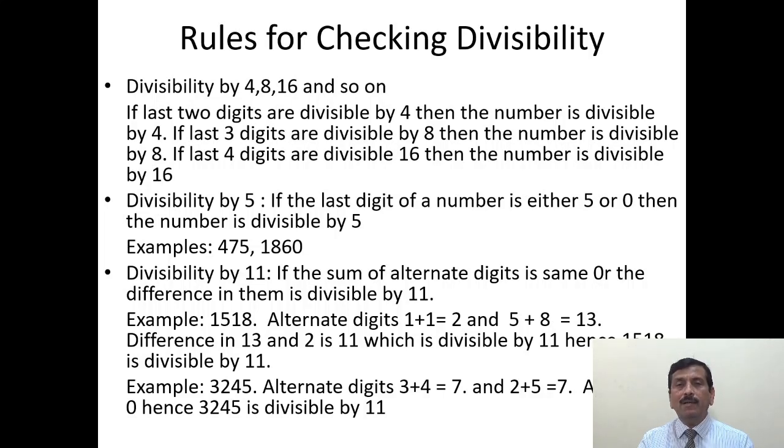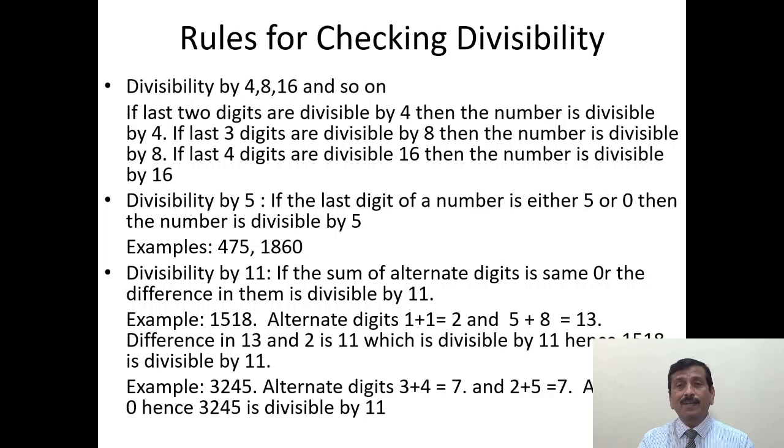We go for 10th place, means second from the right digit. As it is second from the right, we try to divide it by 2 to the power 2, that is 4. If last two digits are divisible by 4, entire number is divisible by 4. If last three digits are divisible by 8, which is essentially 2 to the power 3, then the entire number is divisible by 8. Similarly, we say that last n digits of any number, if they are divisible by 2 to the power n, then entire number is divisible by 2 to the power n.